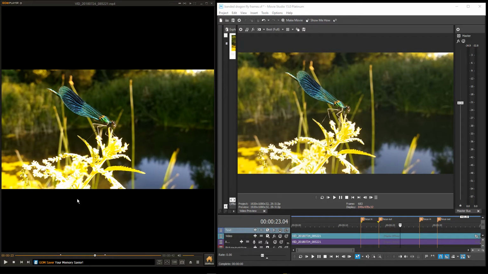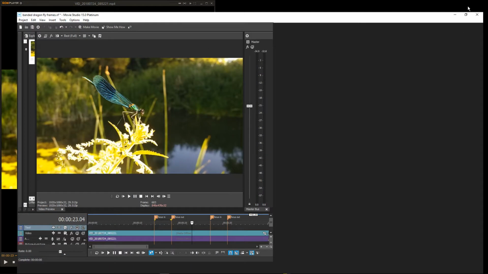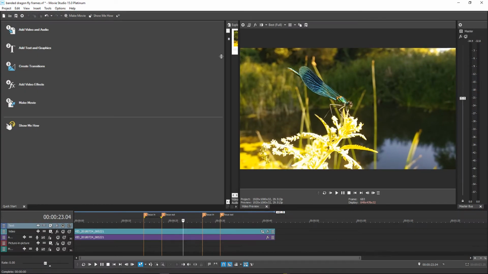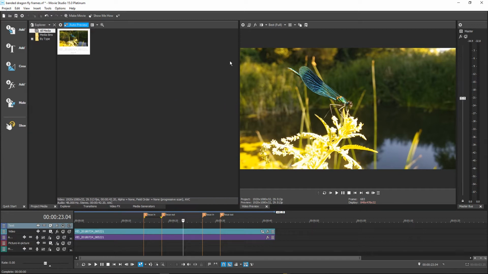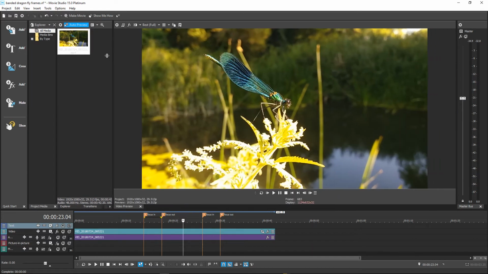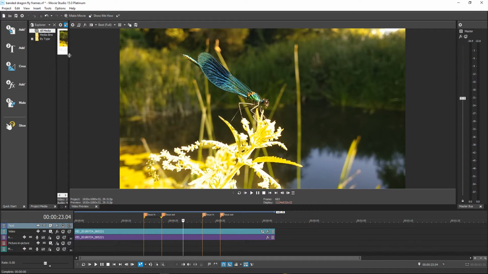In this session we're going to look at extracting frames from a video, and as you can see on screen there are two versions. Which one shall we do first? I'll tell you what, let's do the one using Vegas Movie Studio 15. Now if you have purchased a video editor you may be familiar with it,